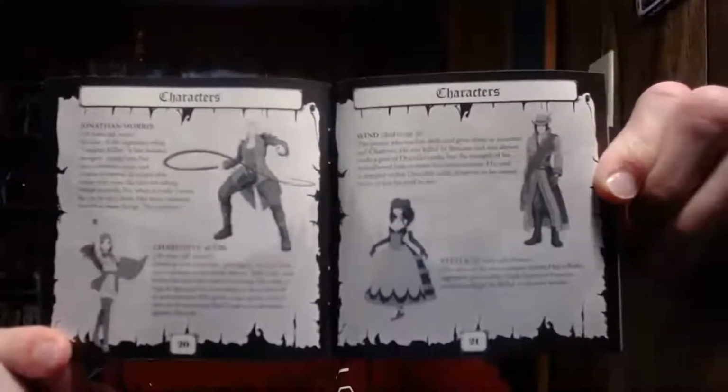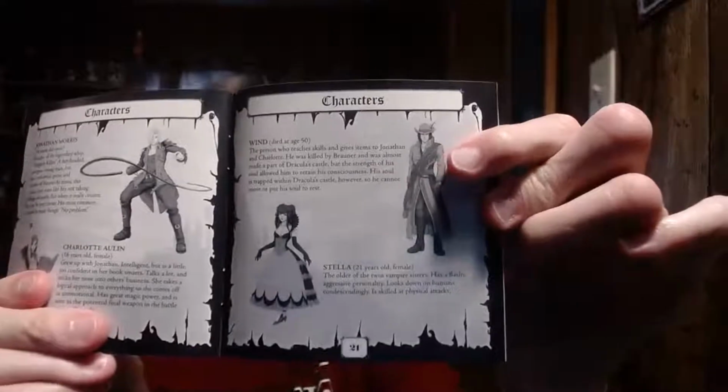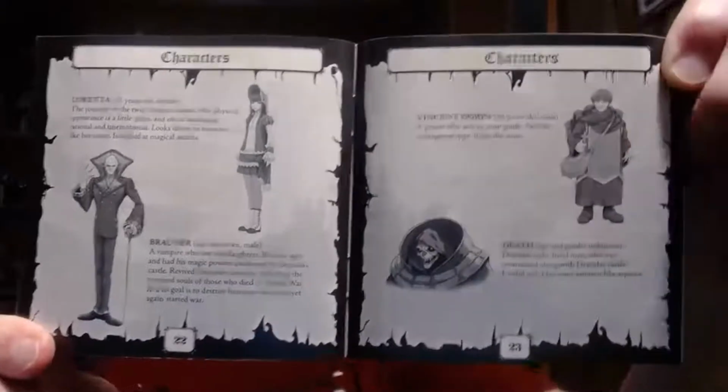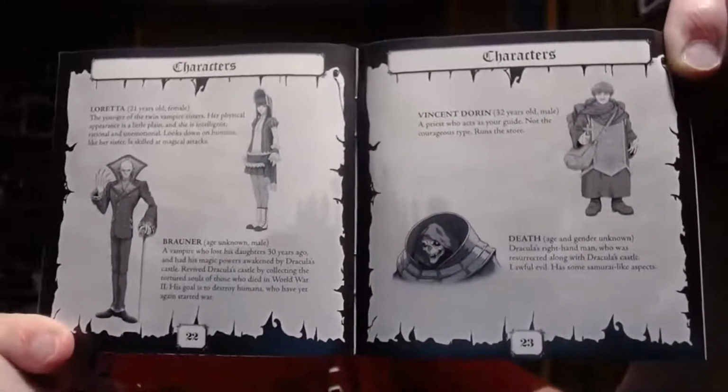And here are your characters. Spoiler alert, this guy, his name's Wind, right here. He's actually one of the characters you play as in Bloodlines. Your other characters. I think this guy you can buy items and whatnot. There's Death. He's in almost all the games as well. And your warranty. So that is